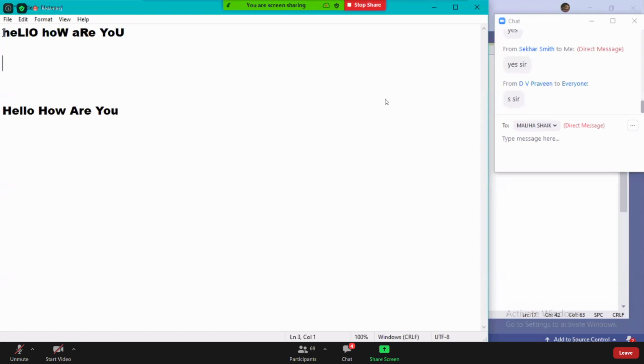To overcome this particular problem, first you get an idea. What is the idea? First, let us convert the whole string into lowercase.